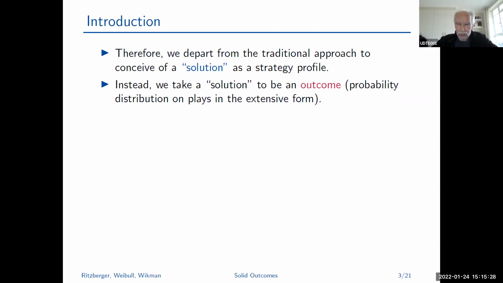Our solution concept will not be formulated in terms of strategy profiles, but in terms of outcomes. Whereby an outcome, what I mean is a probability distribution on the plays of an extensive form. Okay, plays are complete paths from the root to the terminal node in an extensive form, and an outcome is a probability distribution on these plays. Okay, so that's going to be our object,